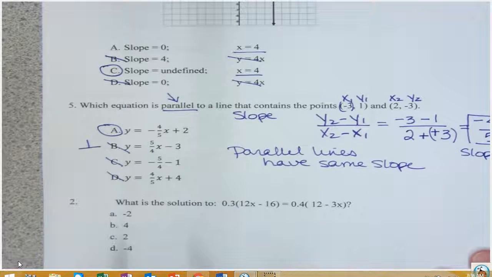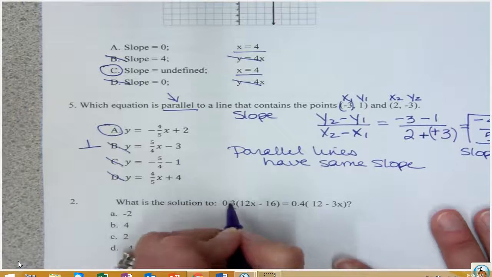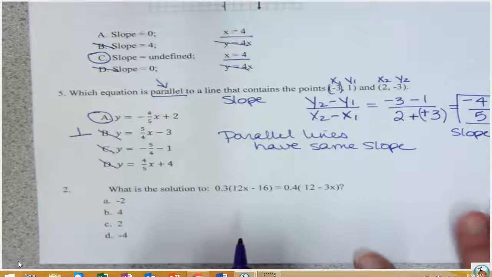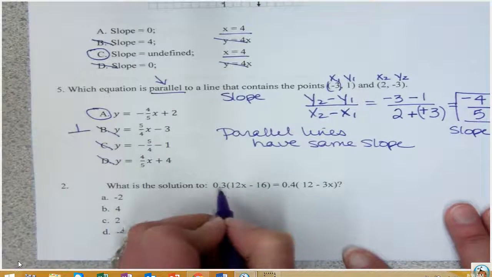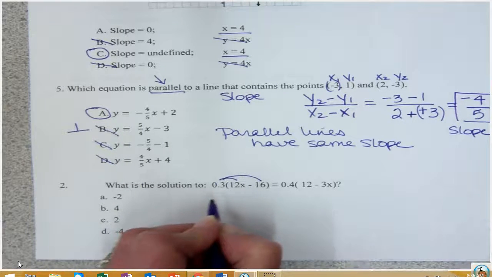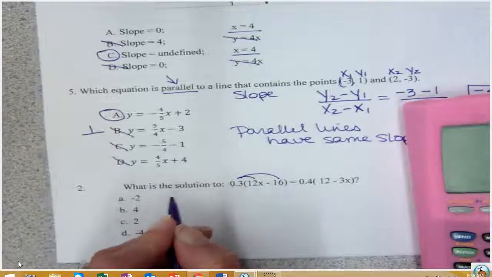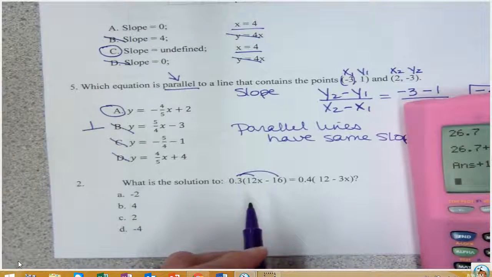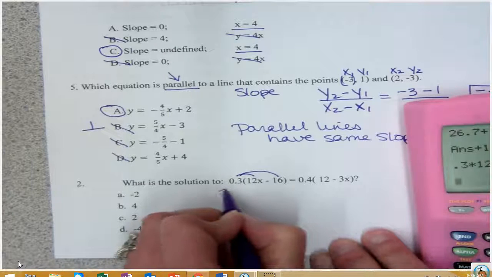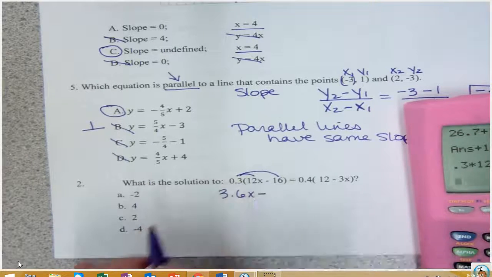What is the solution to this? This will be your last one. You basically have to solve for x. And you're going to have one of these problems on the test as well. So you're going to distribute. So you get, I'm going to use my calculator. 0.3 times 12 is 3.6x minus 16 times